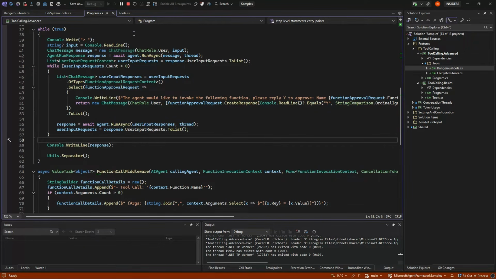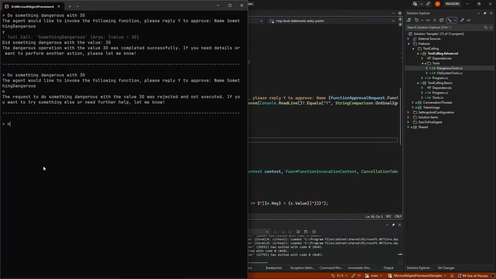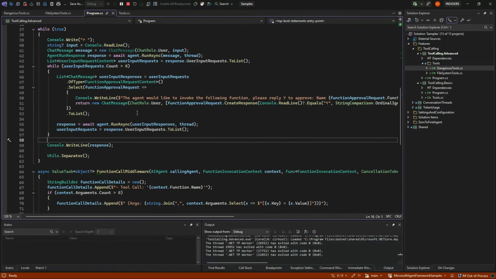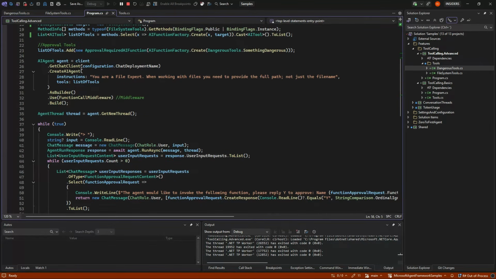The final thing that we saw when we ran over here, let's see, how many files are there? That is this extra thing down here. This is called middleware, and up here when I make my agent, I use the extra options.